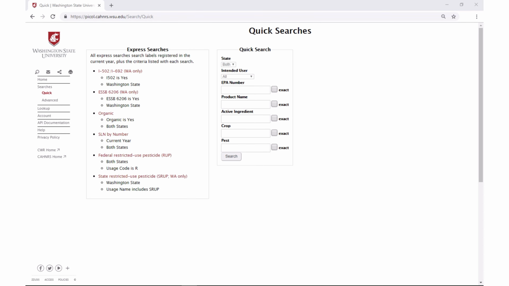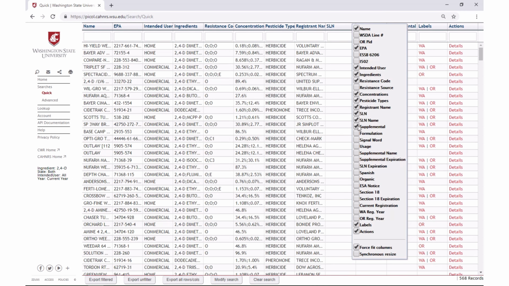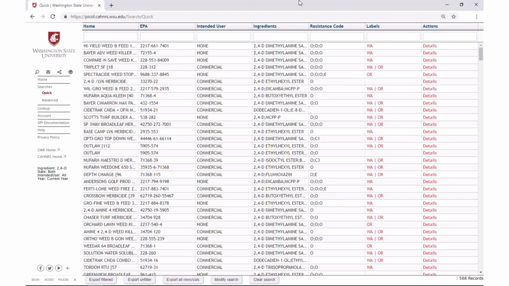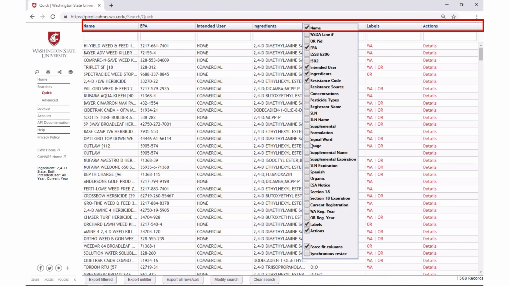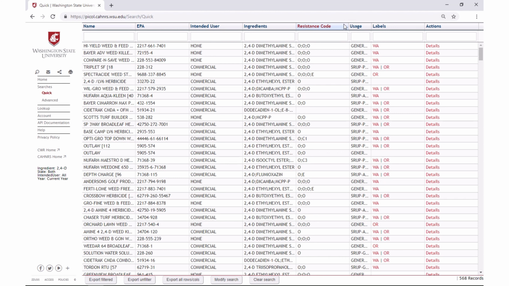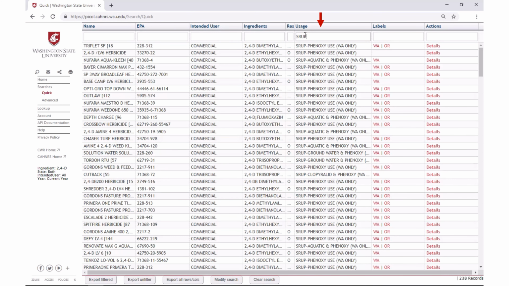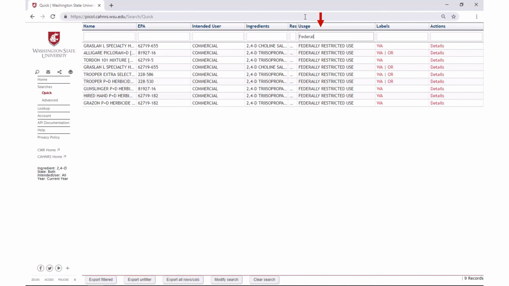The second way of searching for RUPs is with the Usage column on any results screen. As an example, let's search for products whose active ingredient contains the string 2,4-D. This will help narrow our search so we don't get too many results. Next, right-click the Column Headers row and enable Usage. I can then filter by the string SRUP for Washington State Restricted Use Pesticides or Federal for federally restricted use